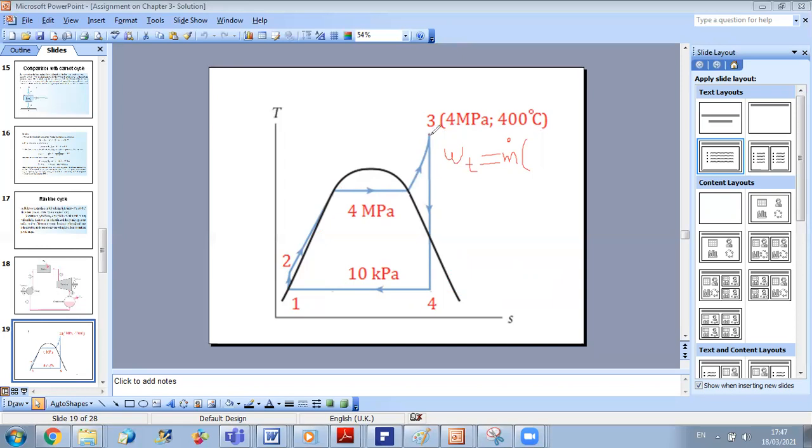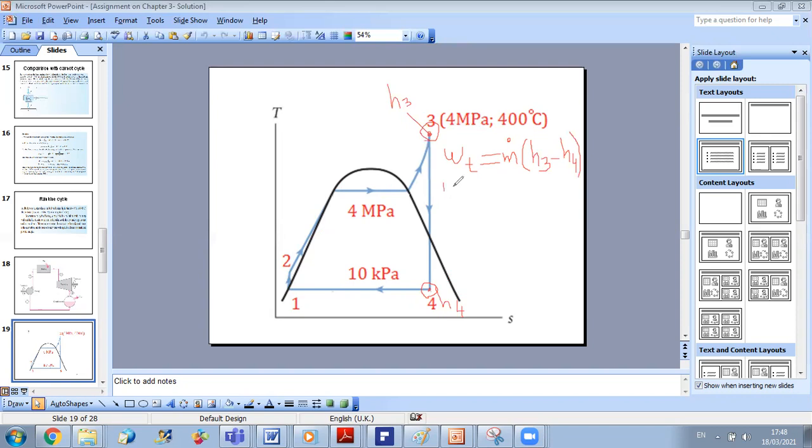Look, at the inlet of the turbine, I have H3. H3 is much higher than H4. Why? Because I will extract work from the turbine. So the work will be m dot times the enthalpy at point 3 minus the enthalpy at point 4. So it is m dot (H3 minus H4). Now, for the work of the pump, if I want to take the absolute value of it,